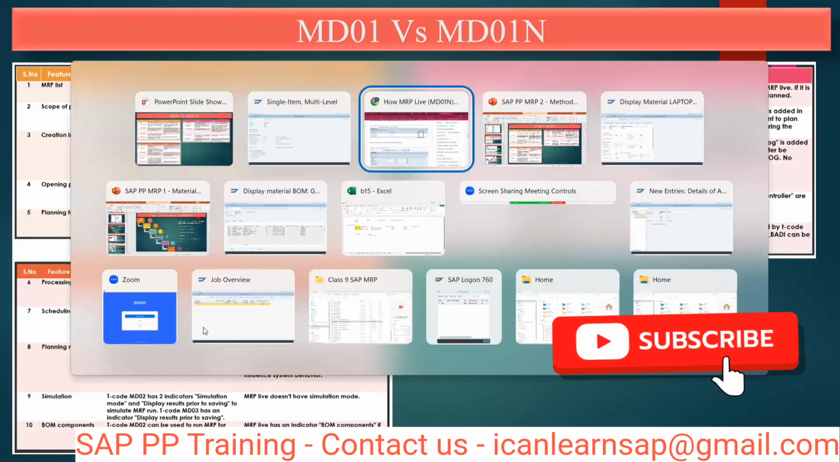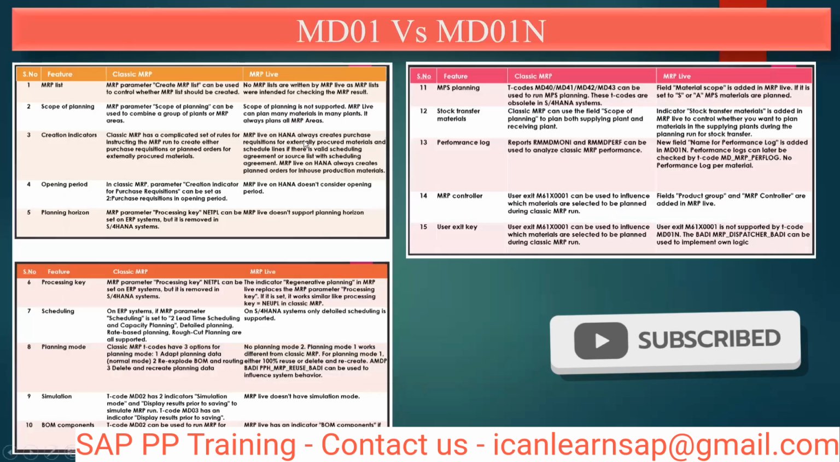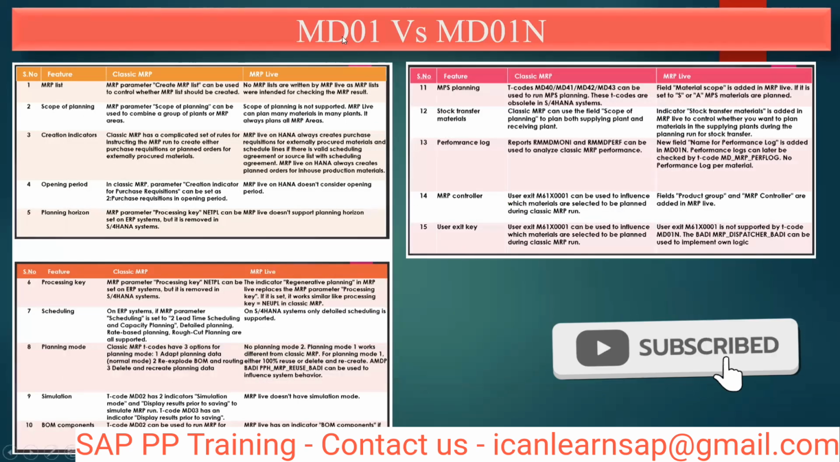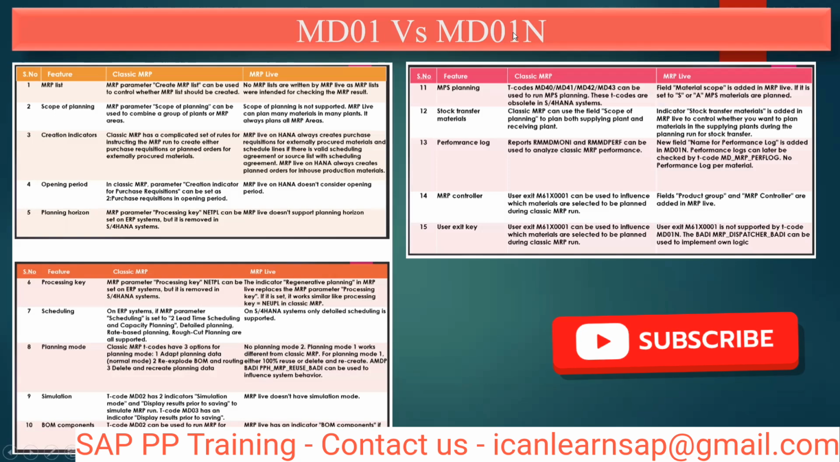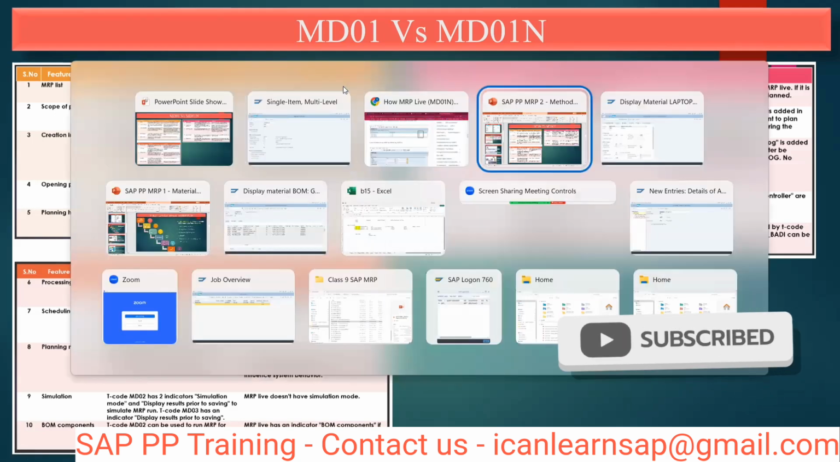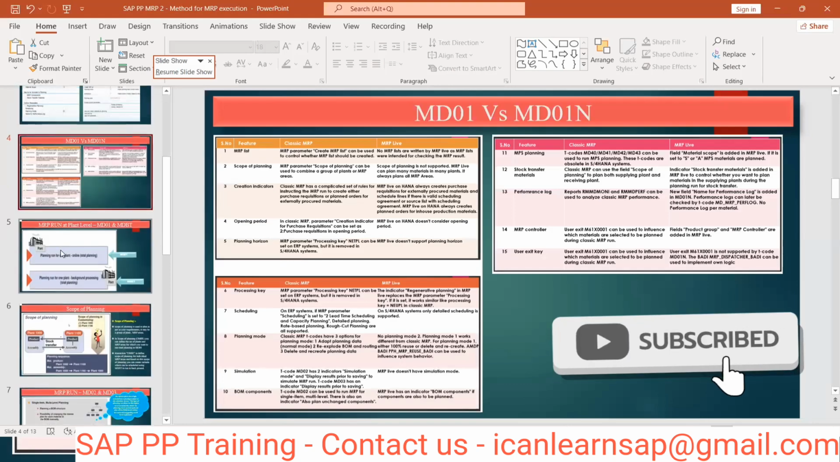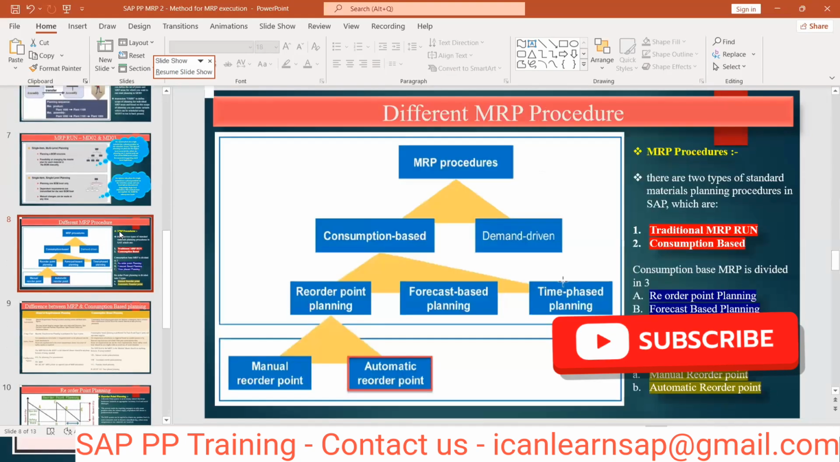Clear, team? This slide is going to be very important. It might be an interview question: what is the difference between MD01 and MD01N? Classic versus Live MRP, as per HANA MRP. Now moving ahead, different